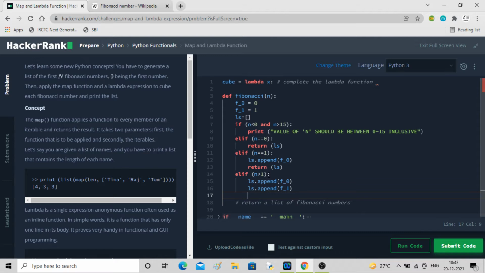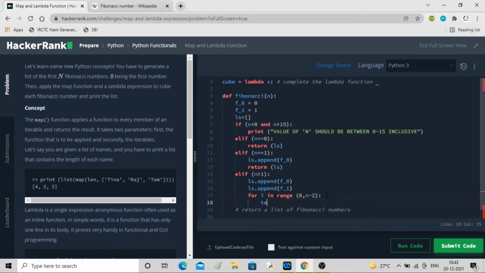Maybe you will come up with a better way, but that's what I did. So for i in range, 0 to n minus 1, I'll do n minus 2. Why n minus 2? Because two numbers I have already added here. Now I'll be doing the next numbers.